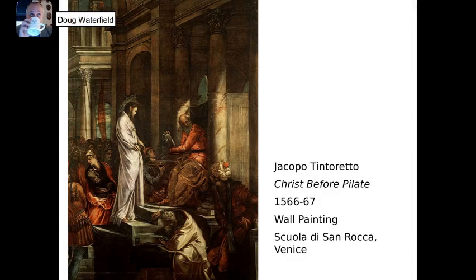This is another work by Tintoretto, his Christ Before Pilate from 1566. Tintoretto lived to be about 76, and as I mentioned, he had a pretty successful workshop, many assistants. He ends up becoming the official court painter to the Republic of Venice. He embraced Venetian classicism, but when the Reformation came about and then the subsequent Counter Reformation, he altered his style a bit to fit the desires of his patrons, mainly the church, as so many other artists would do to